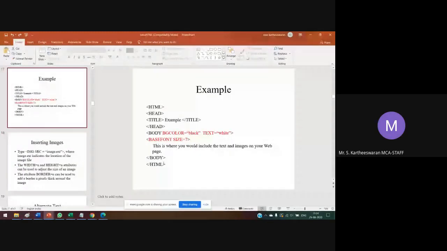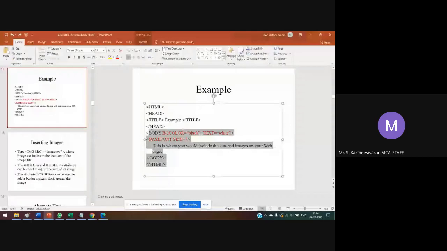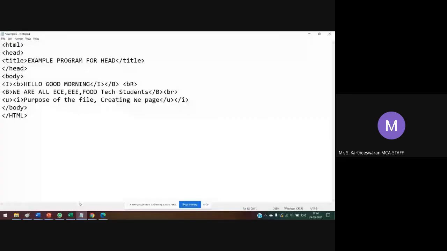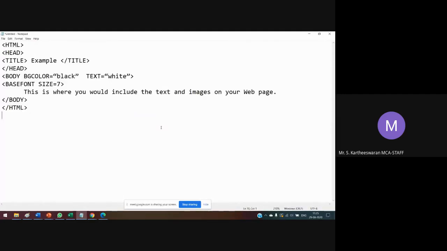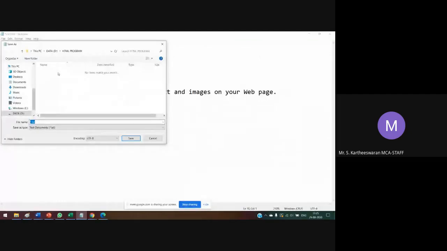We have to write our copy into Notepad. We have to open a new window and save this program in the D drive, HTML program folder.